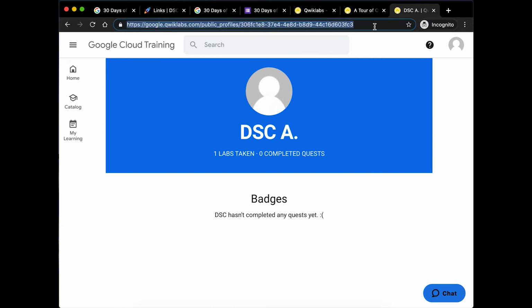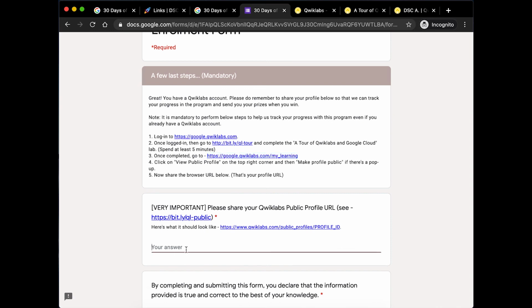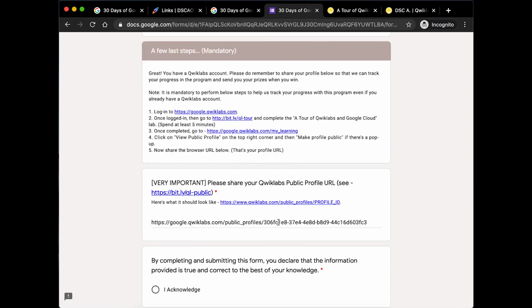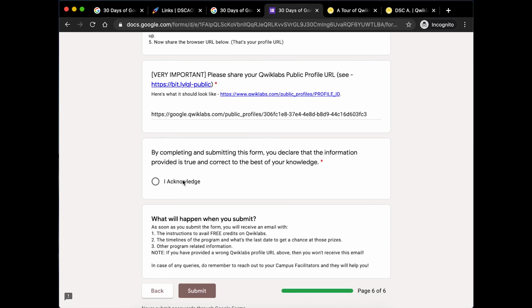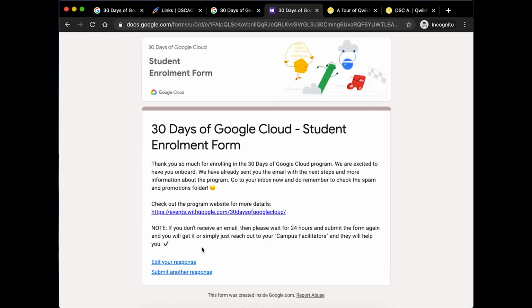So select this, copy it, and go to the form and paste here. Our link definitely looks like this. You have to acknowledge, and voila. Now you have completed filling up your form for the 30 days of Google Cloud Challenge.